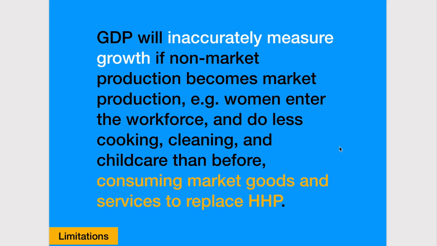The household surveys indicate this. There's plenty of anecdotal evidence. There's plenty of data on this. What do households do? Because they still need these goods and services. Well, they replace them with market goods and services. So rather than cooking as much, some of those meals get replaced with takeout or some kind of prepared meal. There are so many different ways of doing this these days. I'm not going to go into all the details of this. But cleaning services, a high amount of growth in that. Childcare, obviously, a very fast growing market. So this is replacing the unpaid non-market household production with market goods and services,